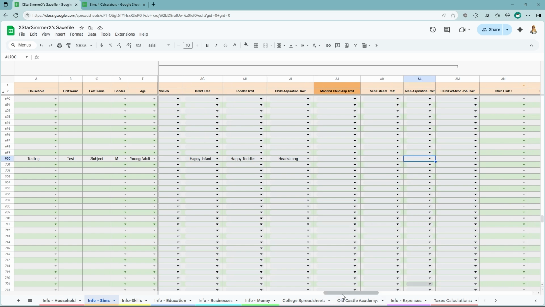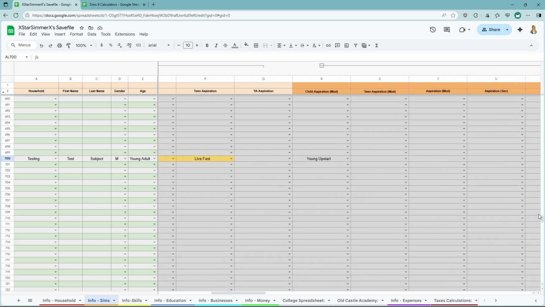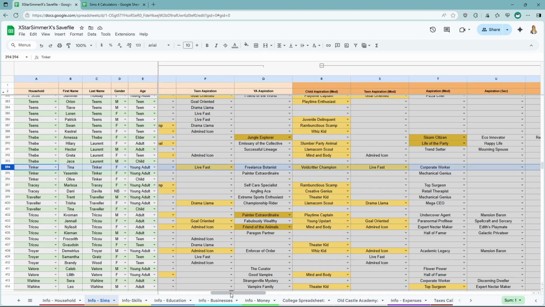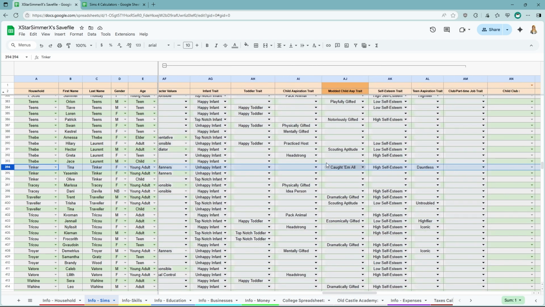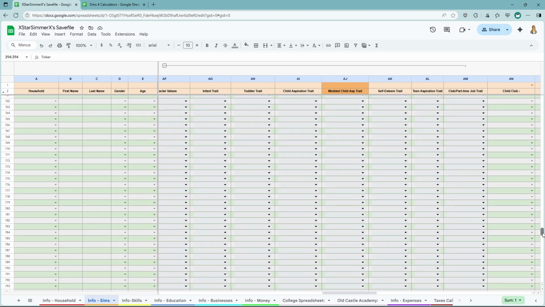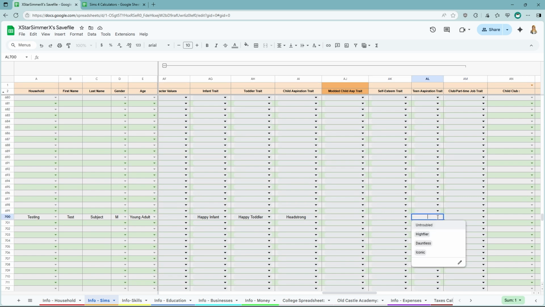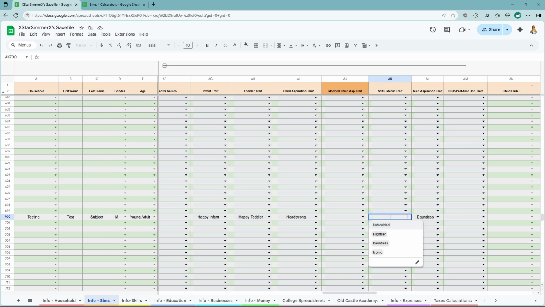Now, let's see if we can just find one that's completed live fast, so it's a little bit easier and I don't have to look for it. Here's one. Let's just scroll on over. And they get the dauntless trait. Okay, so let's go back down to here and put in that our teen aspiration trait is going to be dauntless from completing that. Okay, then when they age up to a teen, as a child, they're either going to have,